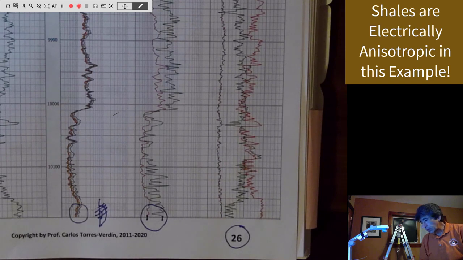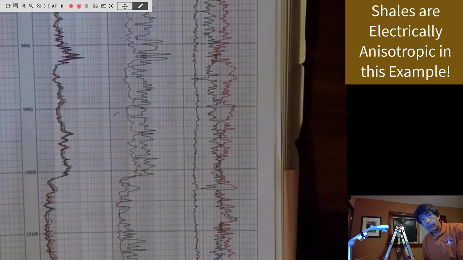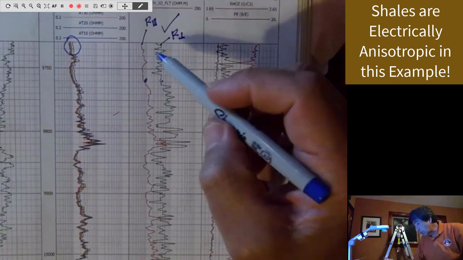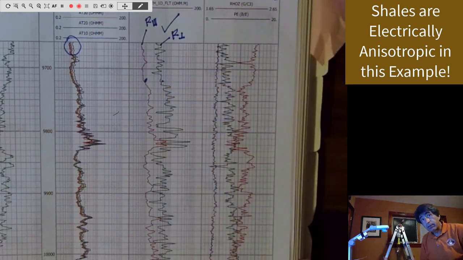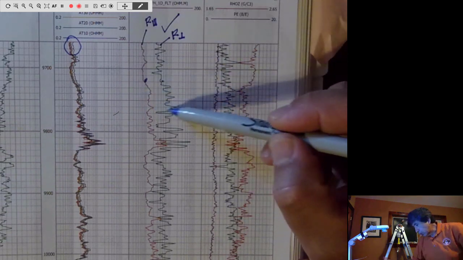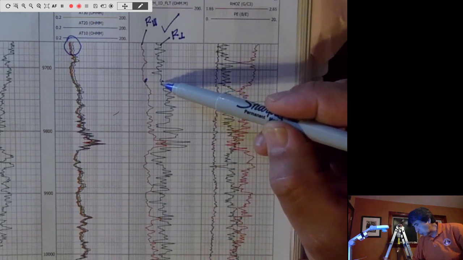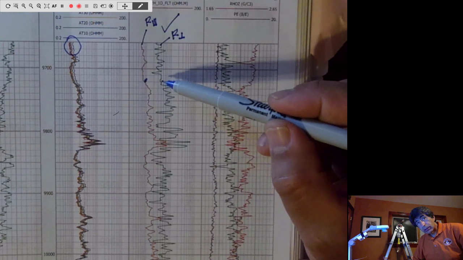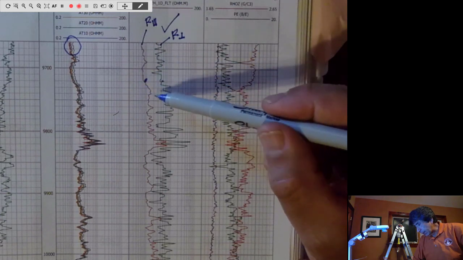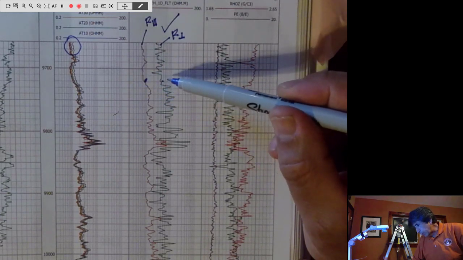A number of other things cause this alignment of particles, and the alignment causes macroscopic electrical resistivity. So what I want to point out is that immediately when we see differences between parallel and perpendicular to bedding plane resistivity, and please remember that this scale is logarithmic, so the differences are very large, we immediately know that even though the beds are invisible to the volume of investigation of these measurements, their macroscopic effect has manifested itself in the presence of electrical